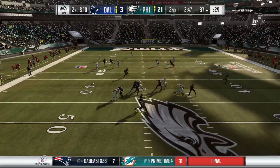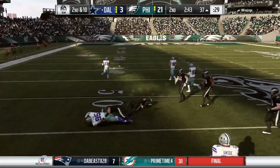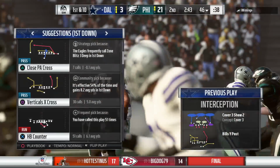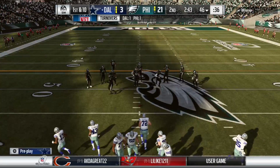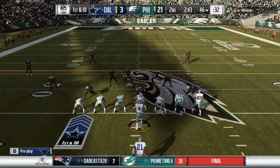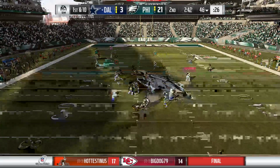Wentz will try again on second down. Oh, batted at the line and intercepted. Picked off at the 48, and they will set up shop at their own 46-yard line. Charles, there's something special about one of those big D linemen bringing it in. Off the tip there, really nice coordination. Very much so, and I think what we've seen, and I'm going to put it at about the last 5 years, maybe a little bit longer, emphasis on ball drills because possession is...